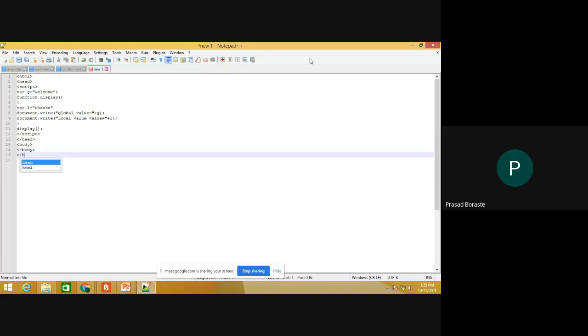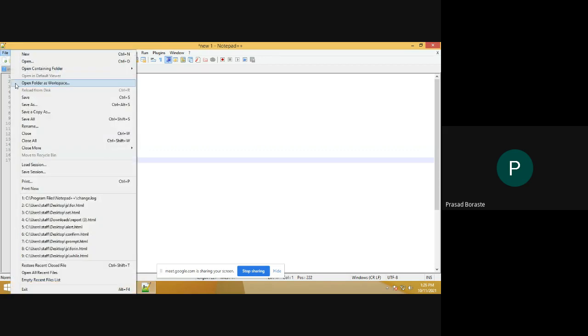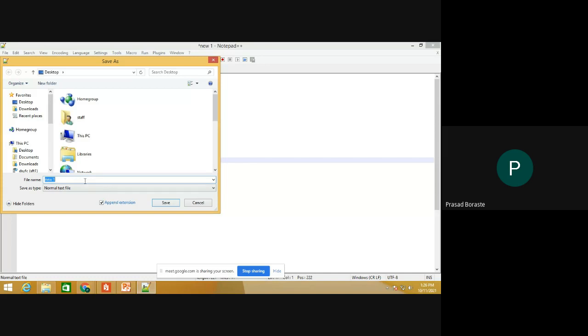HTML. First I will save the program. File, save as Global.html.